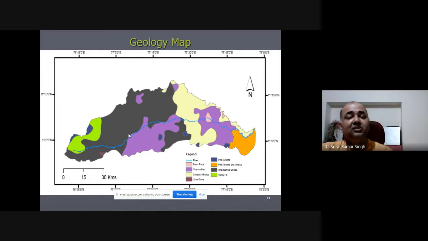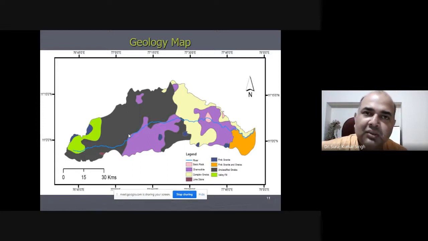And why are we creating all these layers? Because each and every layer has its own importance when you come to groundwater exploration. If you are going for groundwater recharge and you are not considering your soil model, maybe your model or the recharge you are estimating can fail. If you are not looking at the lineament density, again your model can fail. If you are not looking at your geology, your model can fail. That's why each and every thematic layer has its own positive correlation with the groundwater recharge.